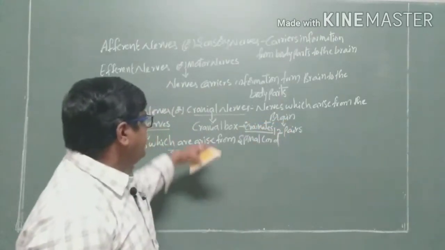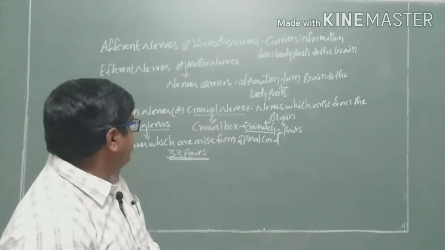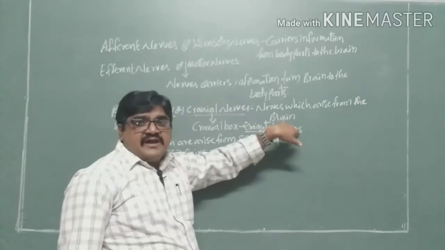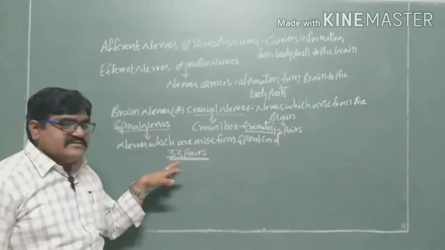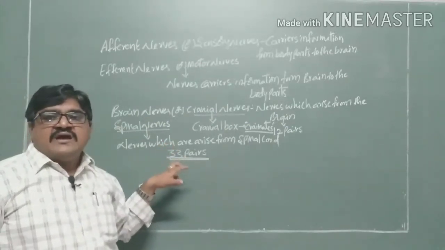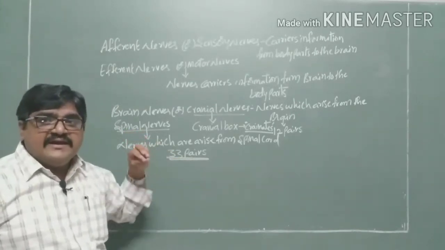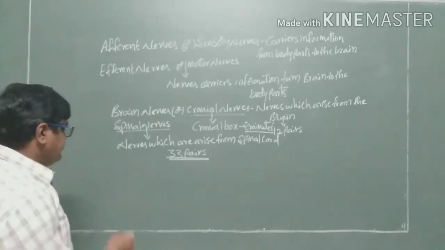Here, the nerves which arise from the brain are called cranial nerves or brain nerves, and there are 12 pairs of cranial nerves. The nerves which arise from the spinal cord are called spinal nerves, and there are 33 pairs of spinal nerves. And coming to the functional classification,